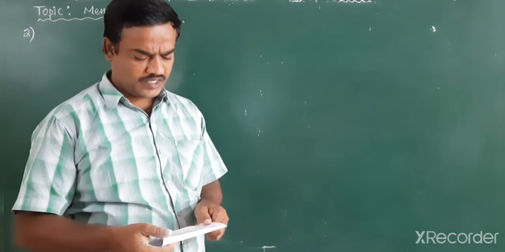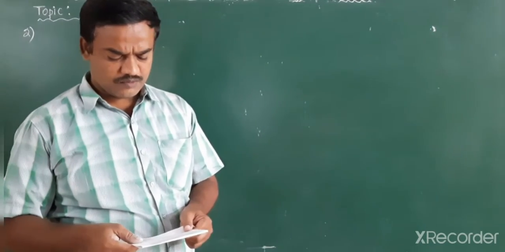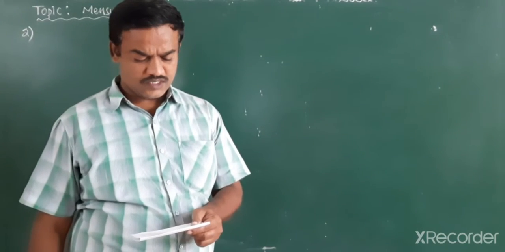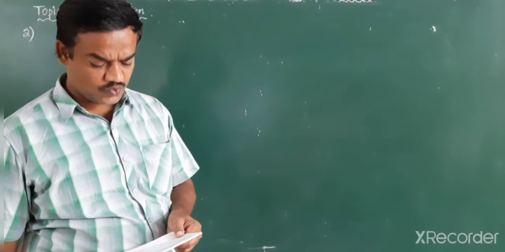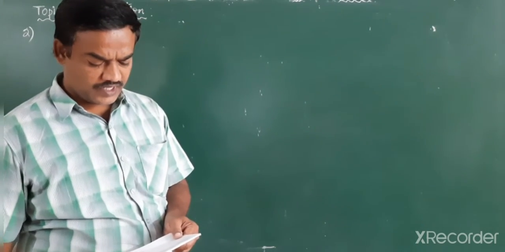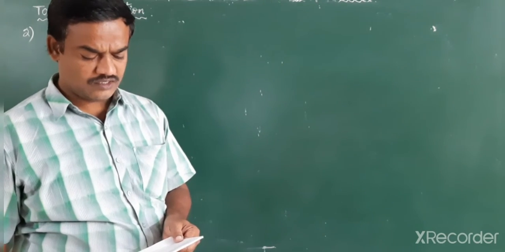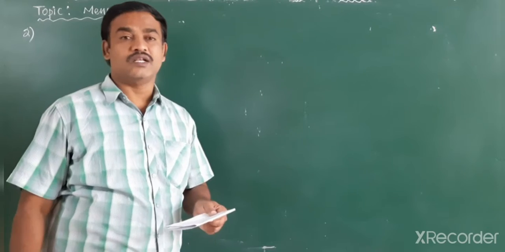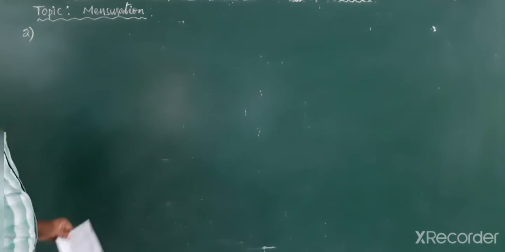So the height and diameter of the cylindrical part are 2.1 meters and 4 meters. The slant height of the top is given, that is 2.8 meters. Find the area of canvas used for making the tent and also find the cost of the canvas for the tent at the rate of 500 rupees per meter square.